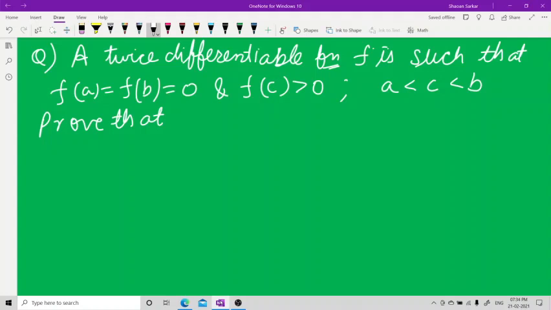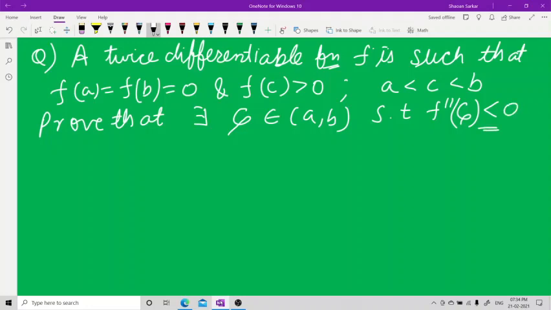there exists at least one zeta belonging to (a, b) such that f double dash zeta is less than 0. This is the thing. Whenever they talk about a double derivative, mostly in this type of situation, in most of the cases,